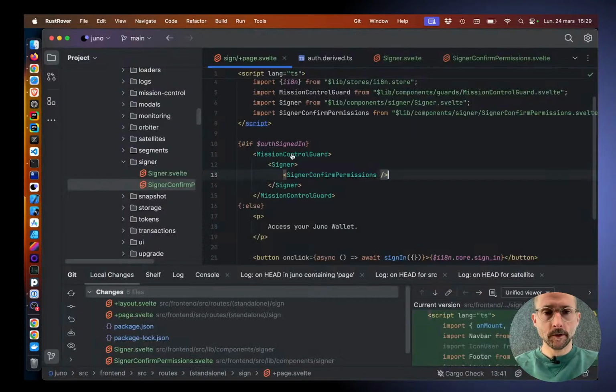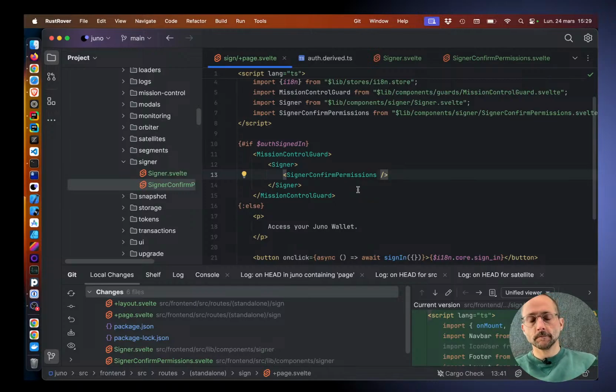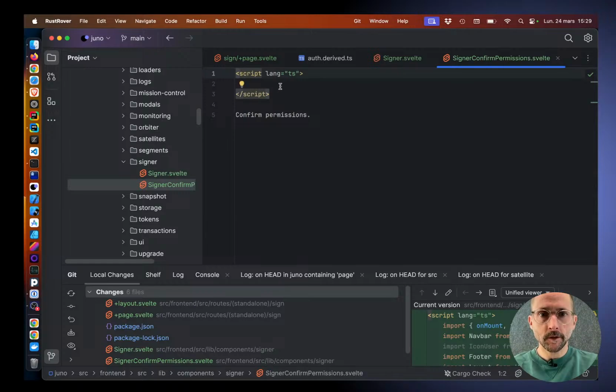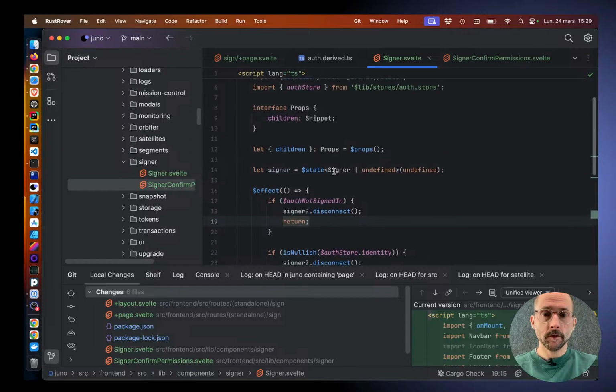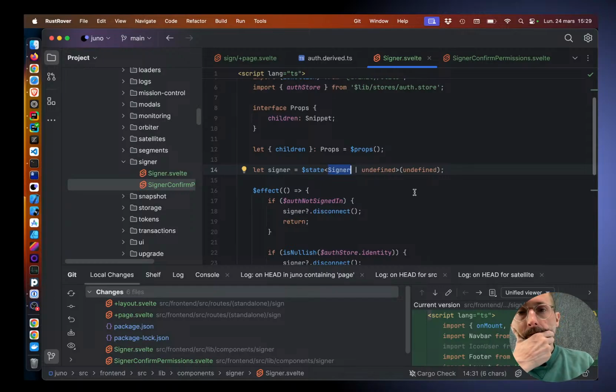Right. We have confirm permission, which is nice, but in that confirm permission, if we want to do something, we need the signer, right? I mean, we cannot do anything if we don't have this one. So what we're gonna do is